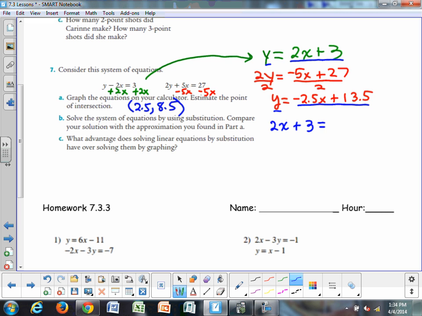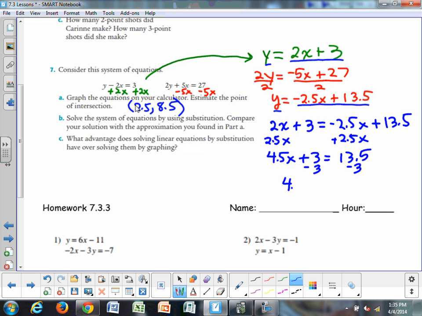So 2x plus 3 should equal negative 2.5x plus 13.5. And to solve that now, I'm going to add 2.5x to both sides. That gives me 4.5x plus 3 is equal to 13.5. Subtract 3, and we get 4.5x is equal to